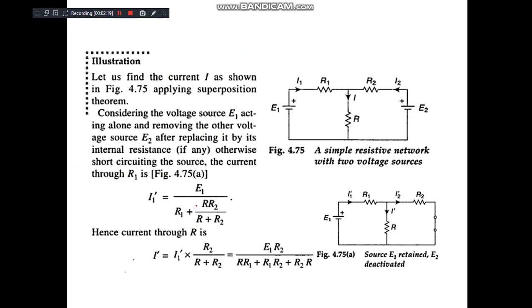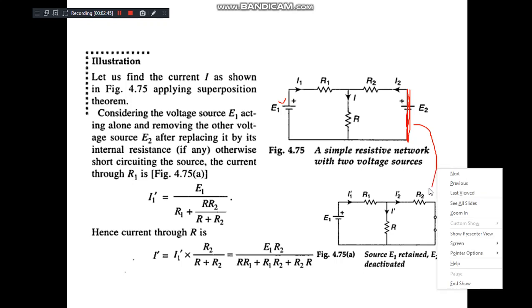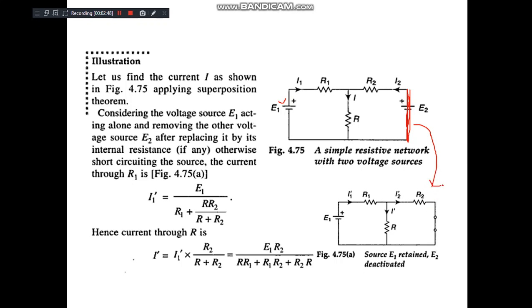Here we will see the different steps in the superposition theorem. I am considering a simple circuit consisting of two sources. So the first step: operating E1 and making E2 inoperative, or activating E1 and deactivating E2. Then the circuit becomes like this. See here, we have replaced this source with a short circuit. So in this one, we are finding the current passing through the middle resistance, that is R.